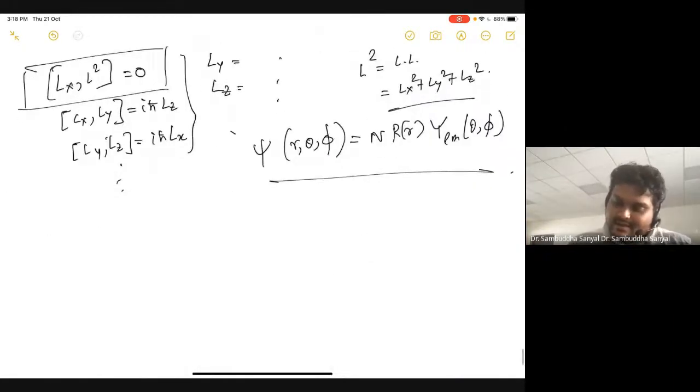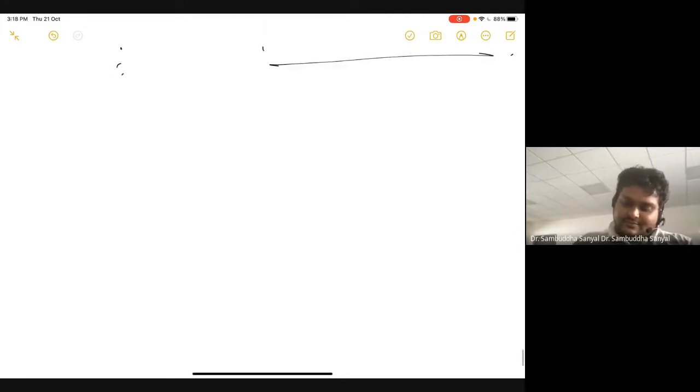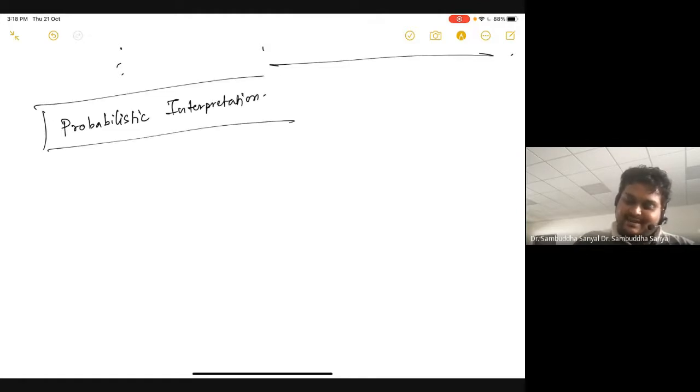Okay, so let's now go to some interpretations. This part I actually wanted to finish before the break, but let me do it anyway, at least today, so that I can go and discuss the details of this problem in 3D from next class. So this is again going back to the basics of the earlier thing, the interpretation of probability and all. This discussion might appear a little simple to you, given the structure of quantum mechanics now.